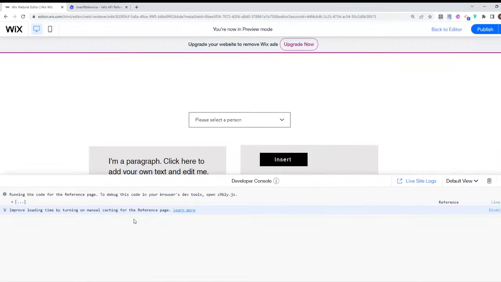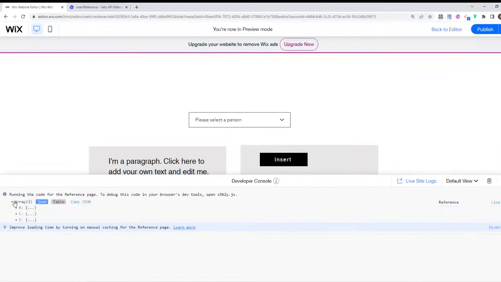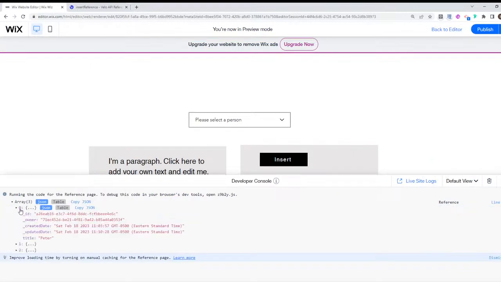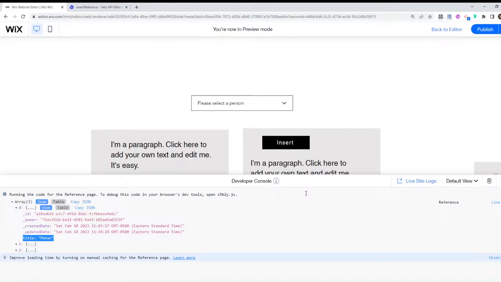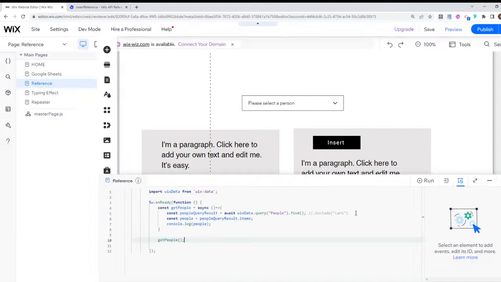Excellent. So this is what returned from our query. And you can see here that we have the title, but we don't have the referenced fields. We don't have the cars or any mention of the cars here at all, because we did not use the include keyword. But I'm just going to head back to the editor. If I include cars,